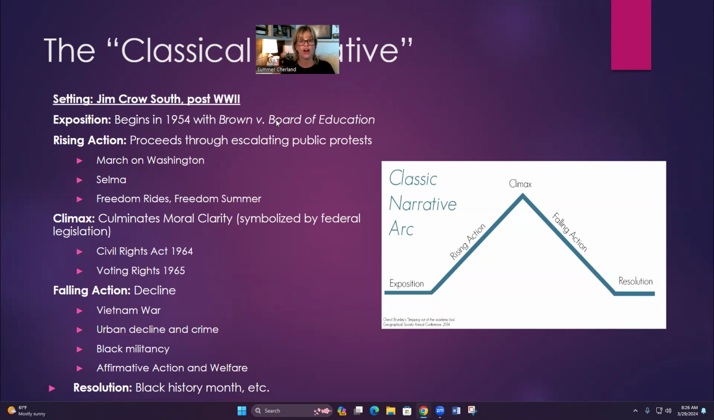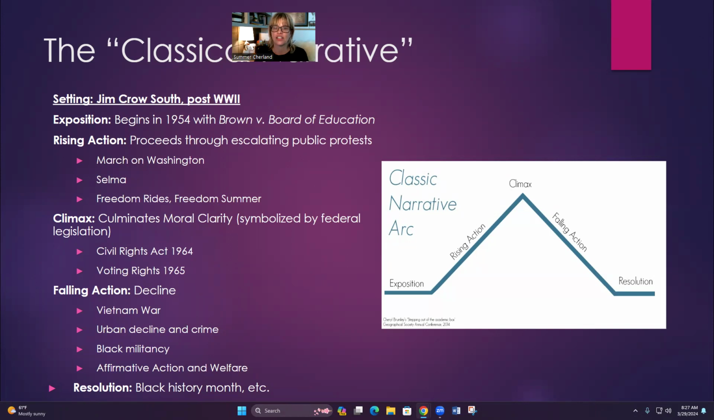Or Freedom Summer, where African-American and white American students go into the South and try to register as many voters as possible. And they also face violence and resistance. That's kind of that rising action. Things are building, we're packing that snowball, right? And then in the classical narrative, moral clarity is the climax. Everyone decides that segregation is wrong. Everyone contends that